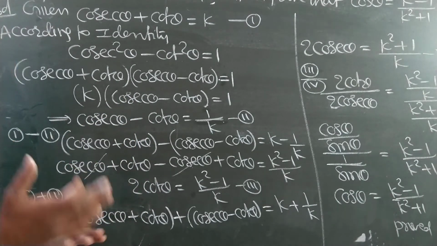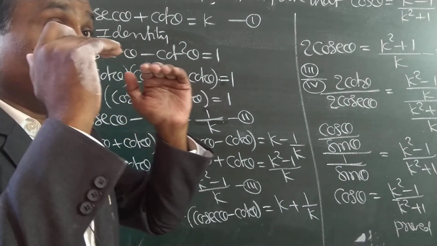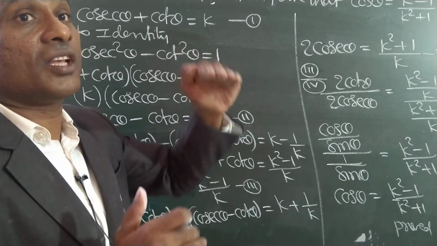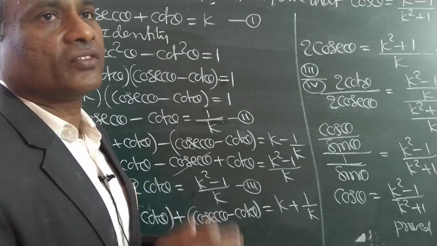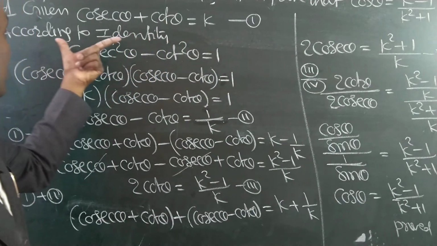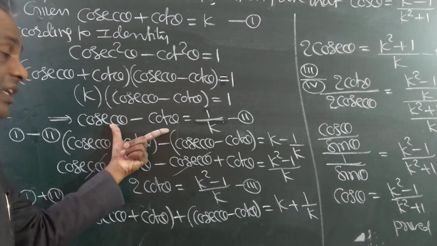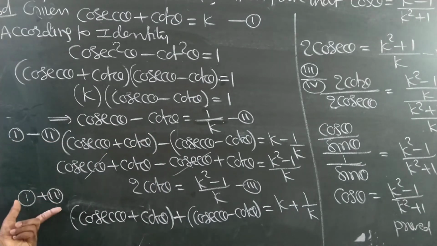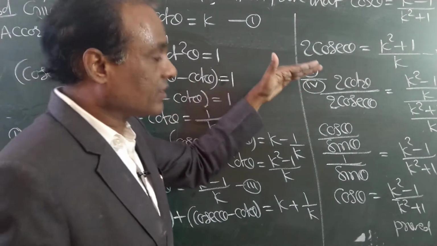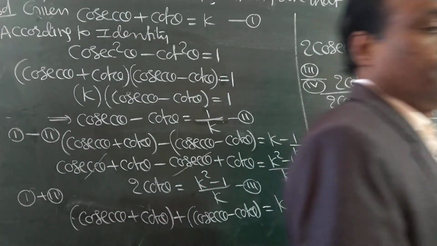So after copying it, then again I will explain. Just copy it by understanding each and every step. Don't copy as it is. Understand why this step came, why this step came, why we wrote here, and what happened here. Like that, each and every step you do analysis and write down.